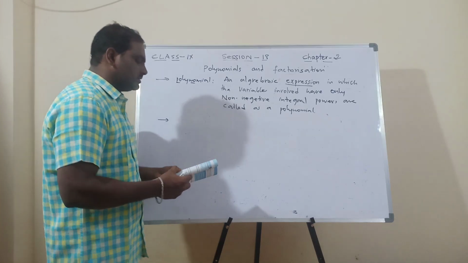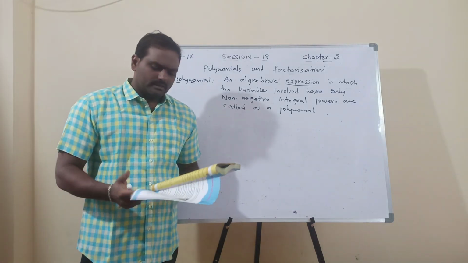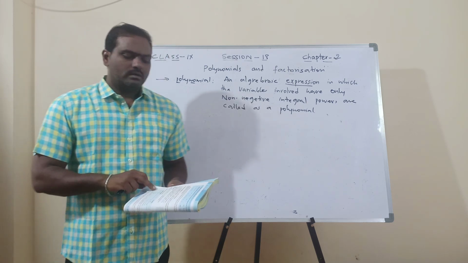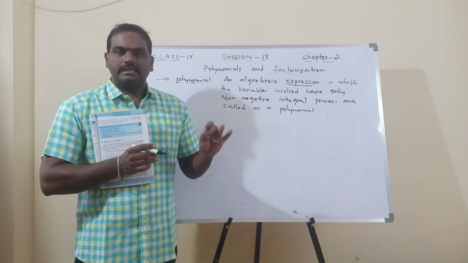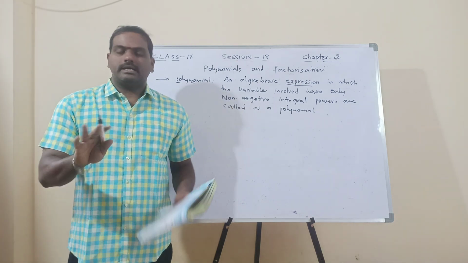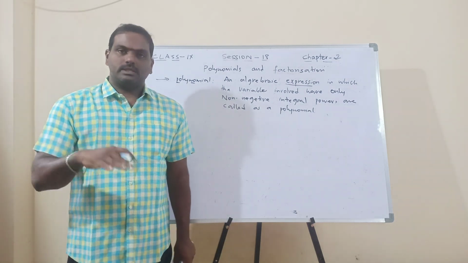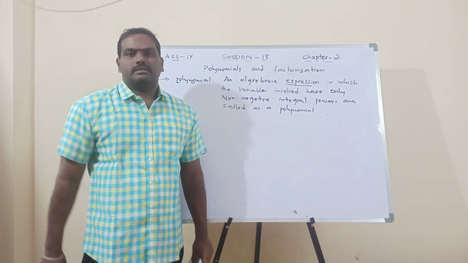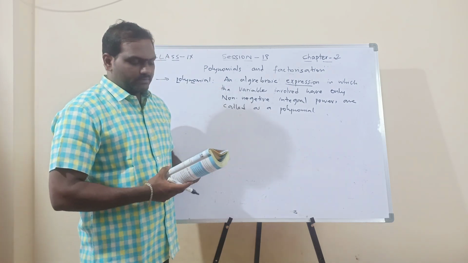So page number 28, think and discuss and write. Very, very important in all the textbooks. Don't forget to do the do this, try this, and think and discuss sums, which are given in the chapter separately from the exercise sums. You have to follow those questions also, right? Now we'll start this one.